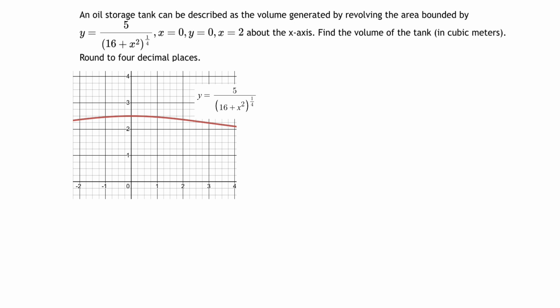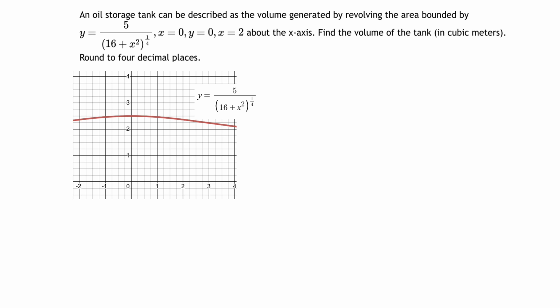All right, so I think what makes this complicated is the fact that there's a lot of words involved, but more so the actual function, the main function that we're looking at, is an interesting shape that we don't really often look at. 5 divided by the quantity of 16 plus x squared raised to the 1/4 power. It's a rational function, but it doesn't have any asymptotes. And I've taken the liberty of actually inputting a graph from Desmos so that we can see what